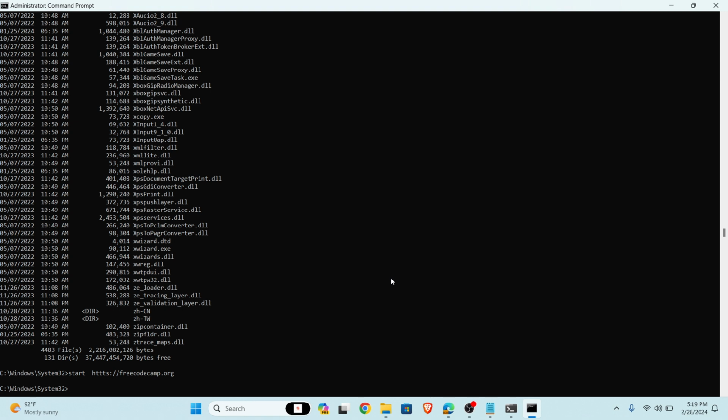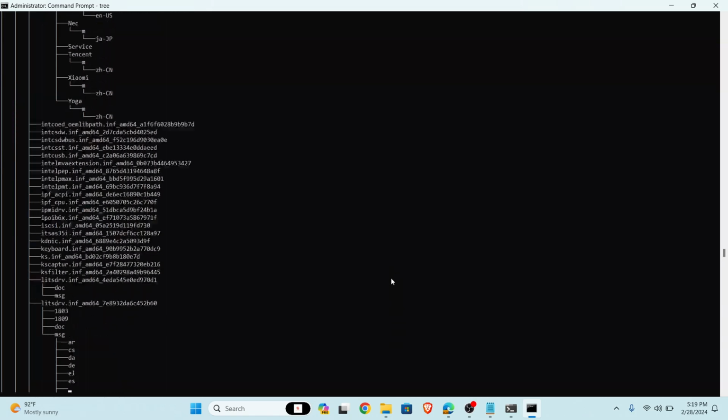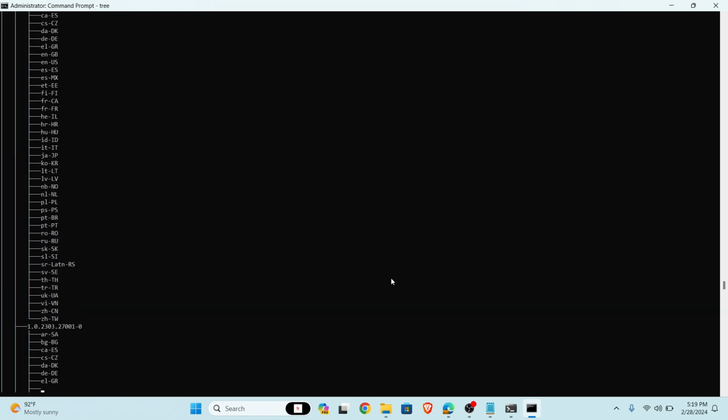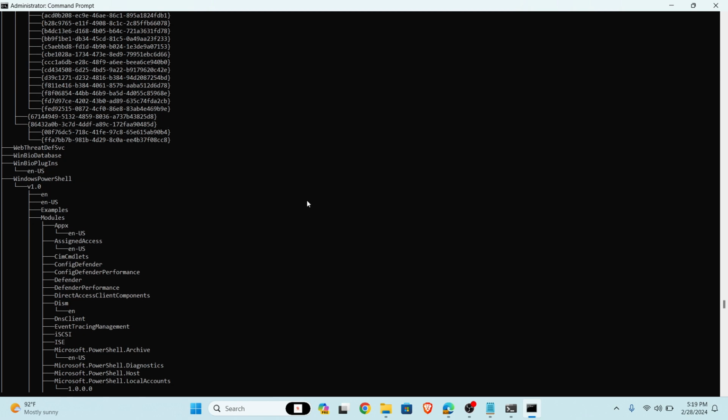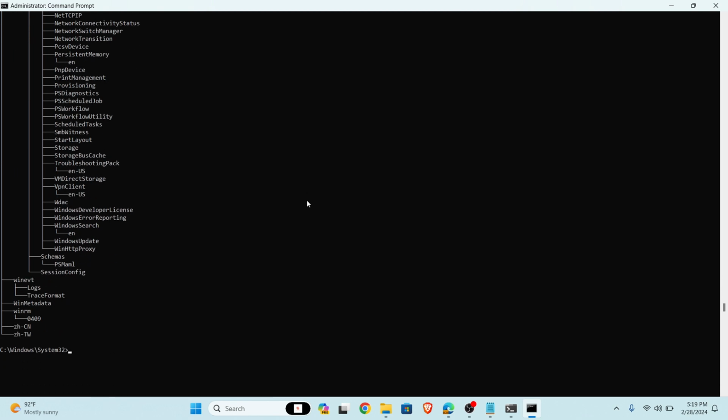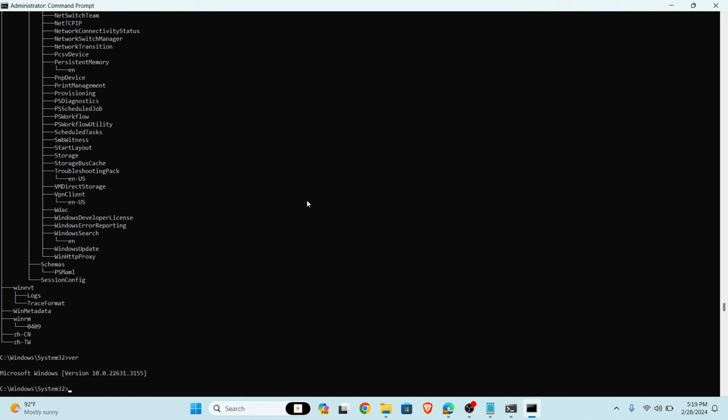The next command is tree. By using this command, it shows the current directory or a specified drive in the format of a tree. Next command is ver. We will get the operating system version of this Windows system. Here my version is